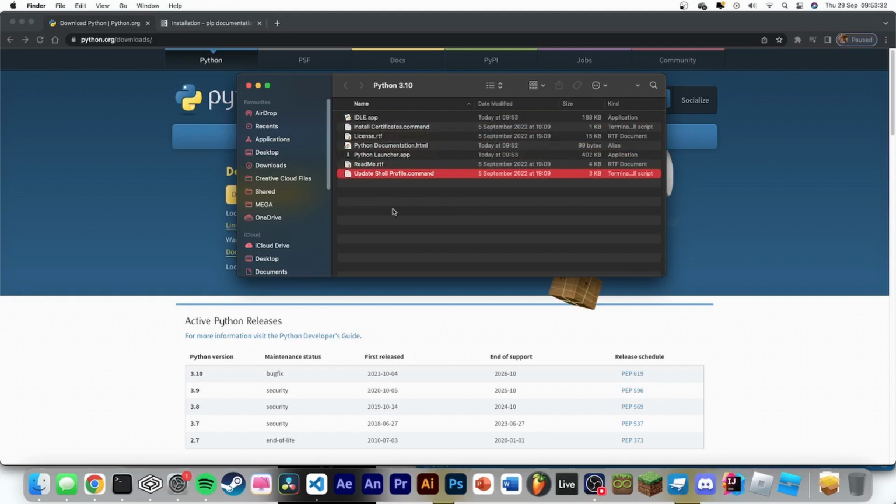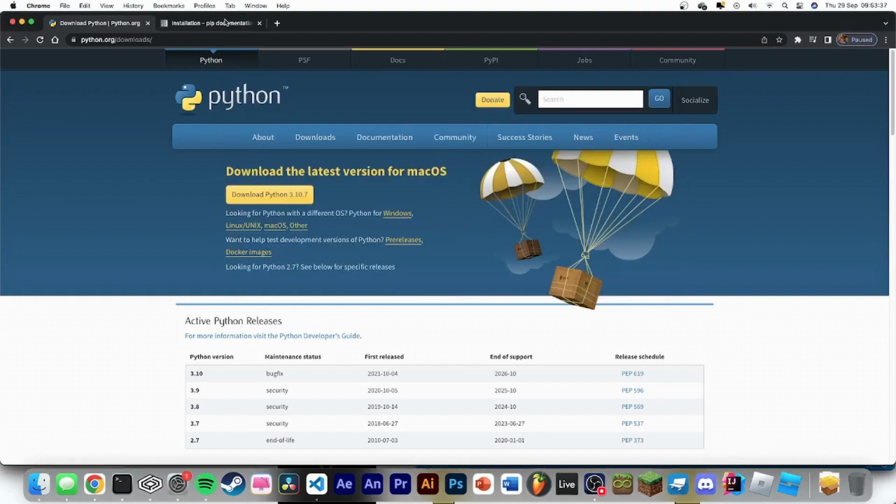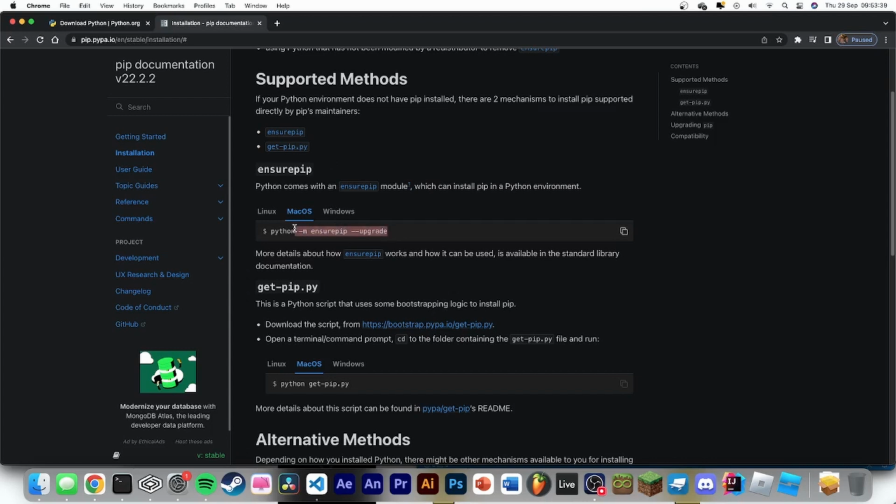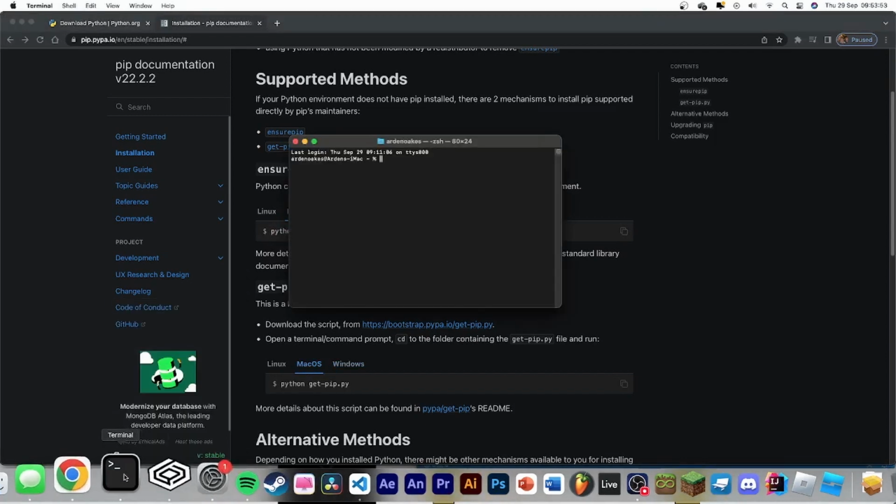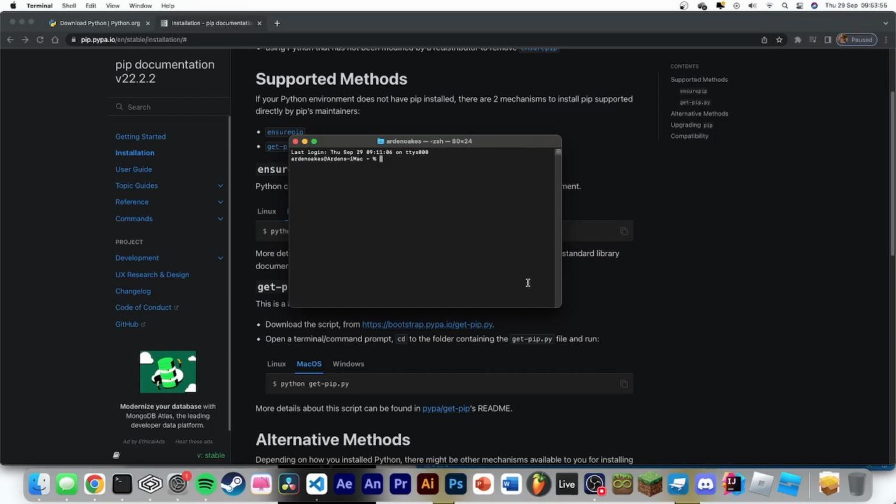Alright, these are going to be very useful for next video, but first we have to install pip. So, what you want to do, you want to select your operating system, so Windows, Mac, or Linux. Select, copy this, and that's Windows and that, everything. Alright, so now open Terminal. We learned this in our second video, where if you press Command and Space and type in Terminal, you can